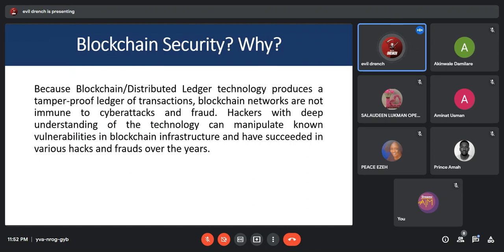A hacker exploited a smart contract with just a vulnerability, like a bug in the code. They call it a reentrancy attack. Another thing to know is that a chain is only as secure as the infrastructure it is being run